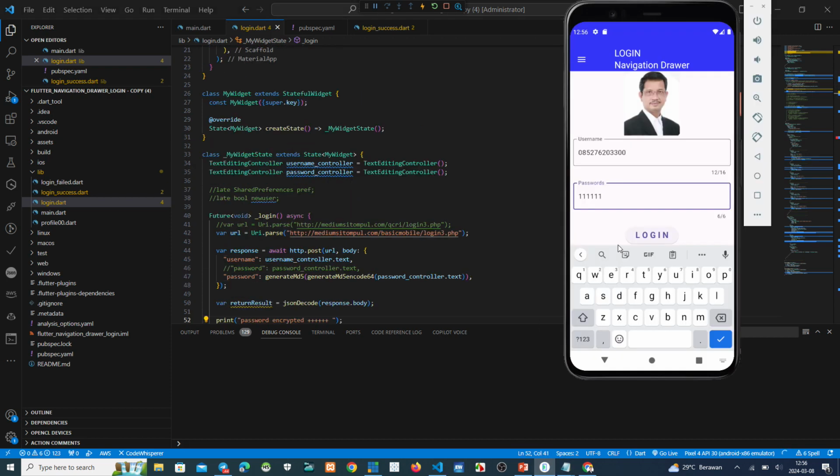This is the virtual device. The first one is like this. I show you the password in clear text. Maybe this is the username, this is the password. If I click the login button, please see this on the back console.